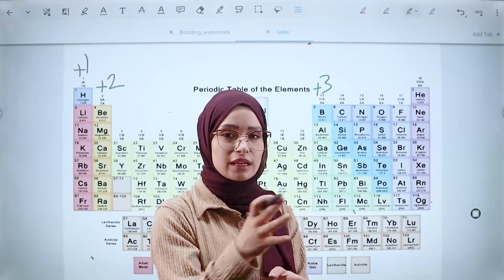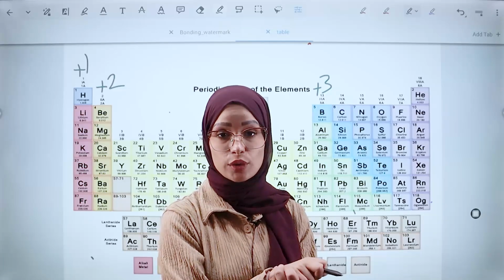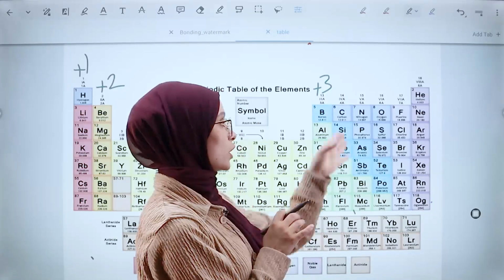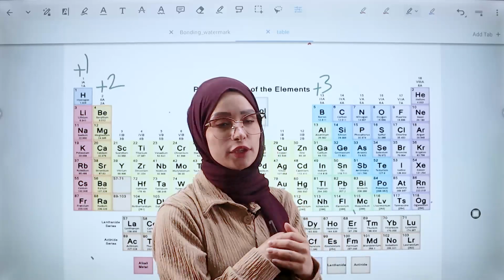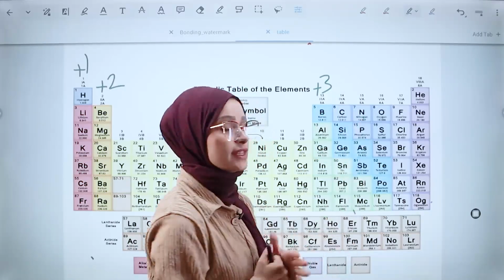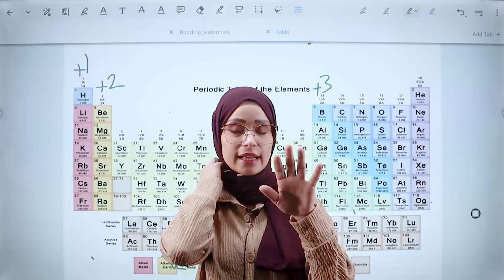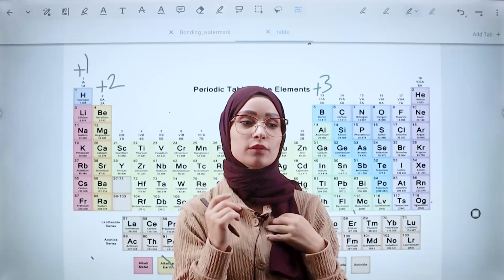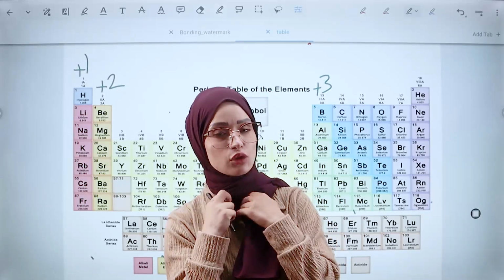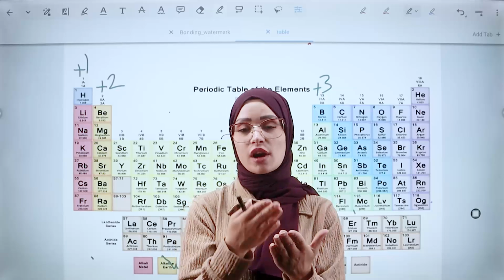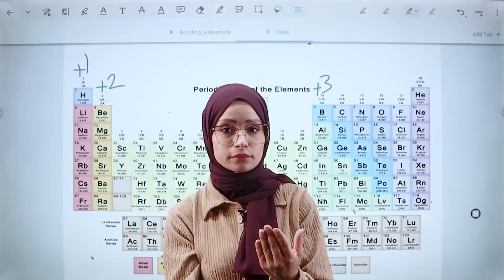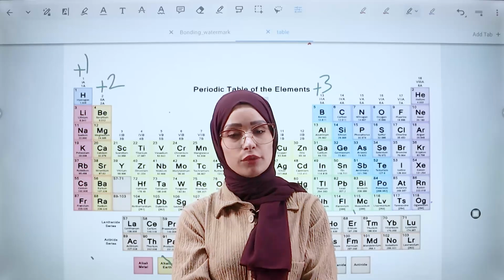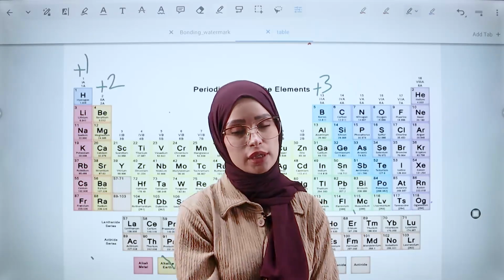Let us leave it a little bit later when we take the redox reaction chapter. We are going to learn that group number 4 has an oxidation state, but in a different way. Group number 5, they have 5 electrons in the last orbital. And if you remember last time, we said that group number 5 have 5 electrons in the last orbital, which means these are the valence electrons. And valence electrons represent the group number, which is responsible for the chemical reaction and the properties for these elements